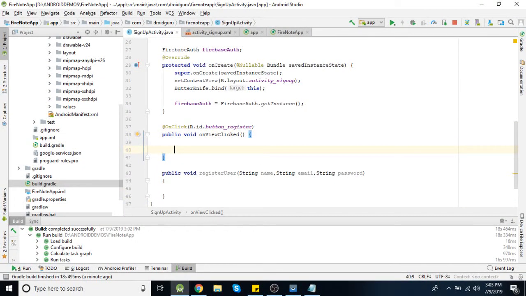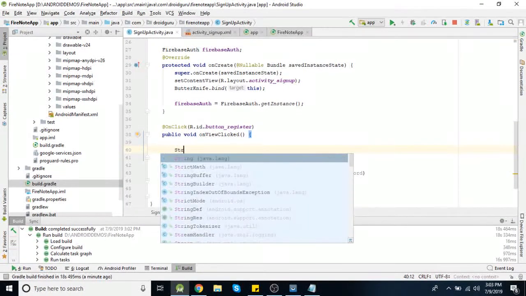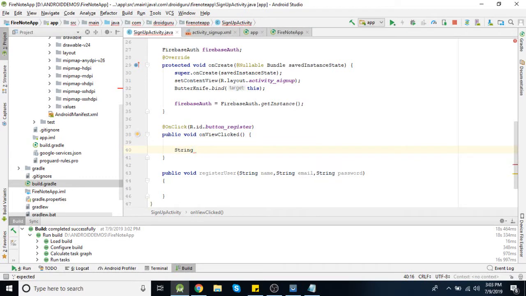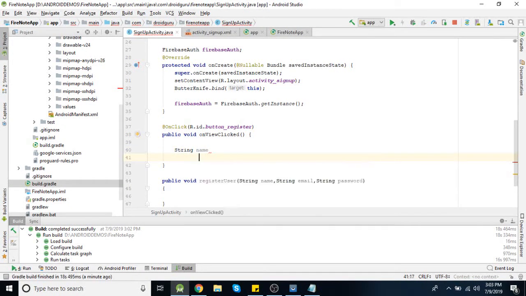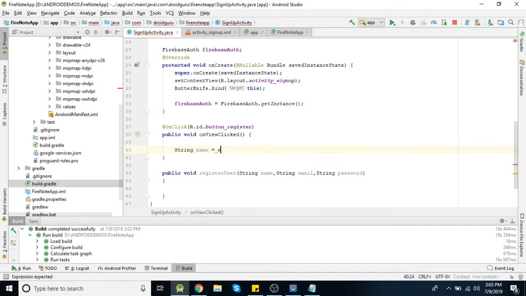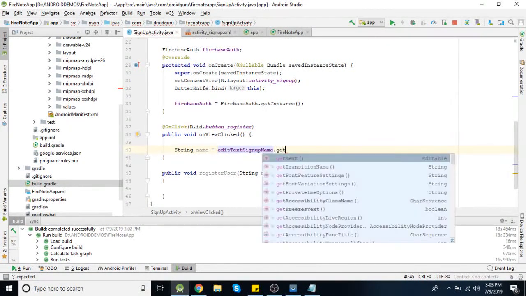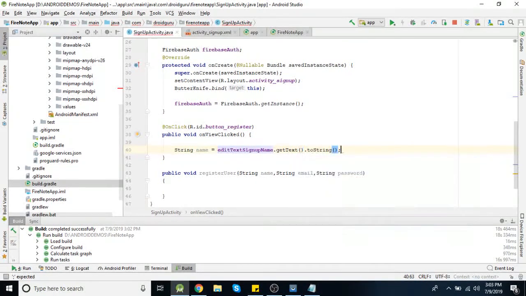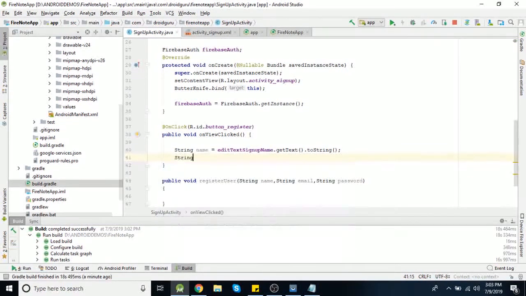Now here on a button click, we'll get all these values from the edit text. So name equal to editTextSignUpName dot getText toString. Similarly, we'll get email ID and password.